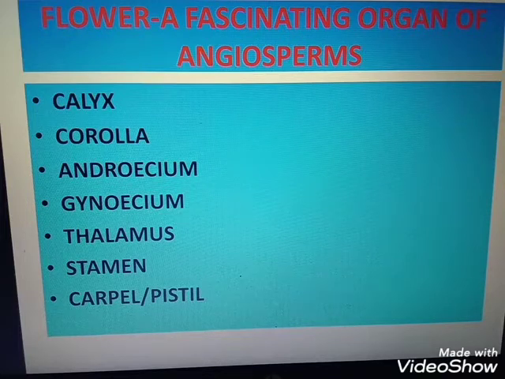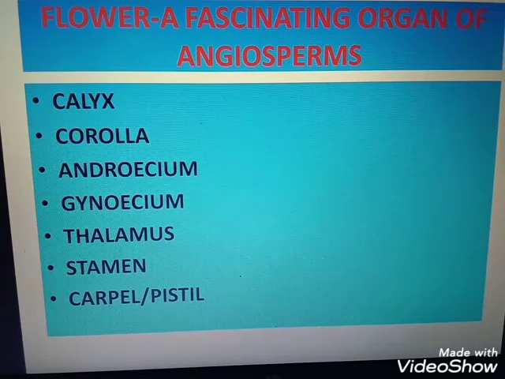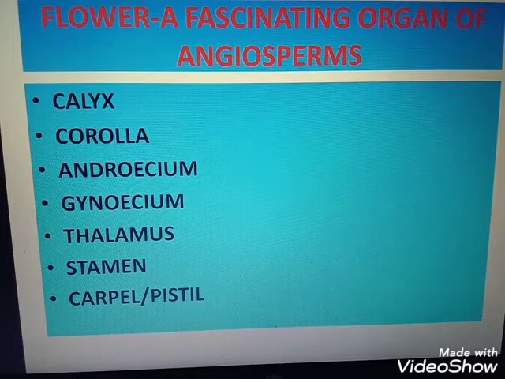The next question, asked in 2013, is: differentiate between the two cells enclosed in a mature male gametophyte of an angiosperm. The two cells are the vegetative cell and the generative cell. The question carries 2 marks, so you have to write two features of each. The vegetative cell is bigger in size and has reserved food materials. Clear? The generative cell gives rise to two male gametes.